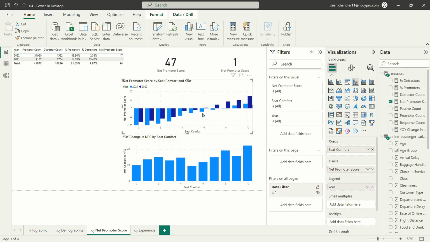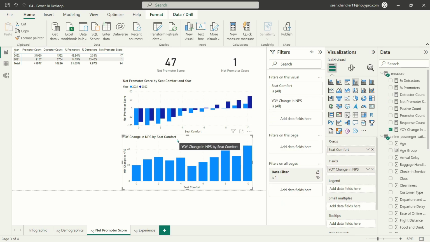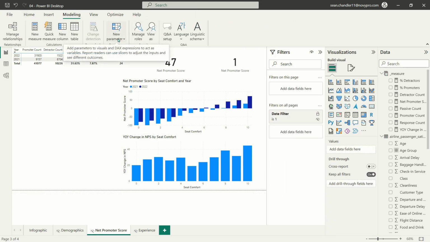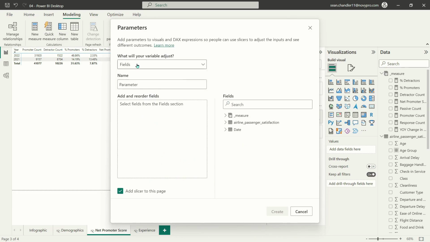One is showing the year-over-year comparison side by side, and the other is just showing the raw change, which makes it a little bit easier to see where Net Promoter Score improved the most than this chart here, where people have to do a little bit of math. So we're going to go to Modeling, and we're going to add a new field parameter. So go to New Parameter, click on Fields, and we're going to call this new parameter table